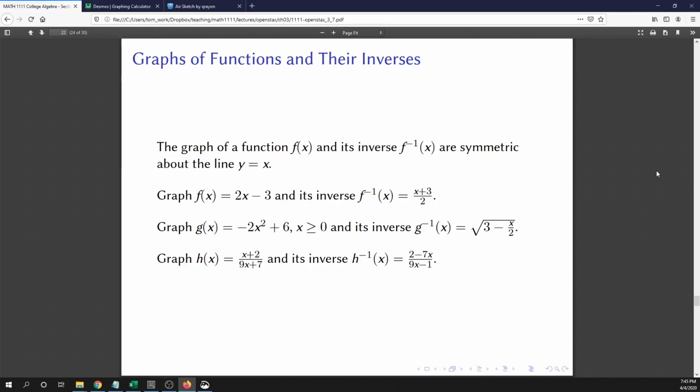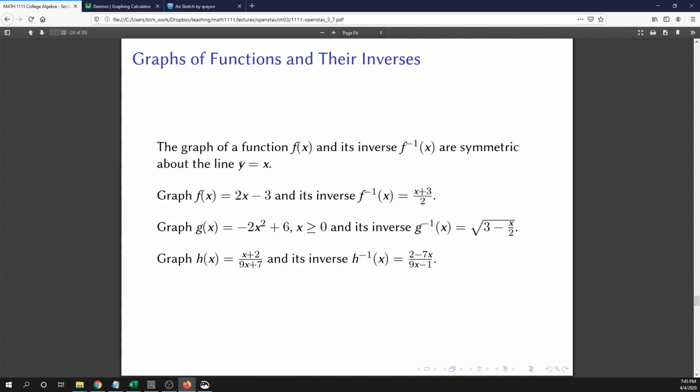In this video, we are going to talk about graphs of functions and their inverses. All right, so the key fact that you need to know about the graph of a function and its inverse is that those two graphs are symmetric about the line y equals x. Okay, so I've got three examples to show you, f, g, and h and their inverses,